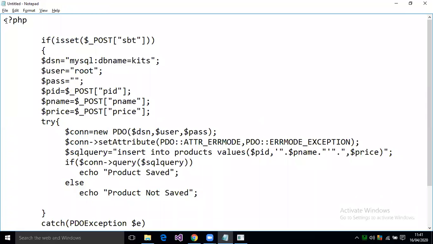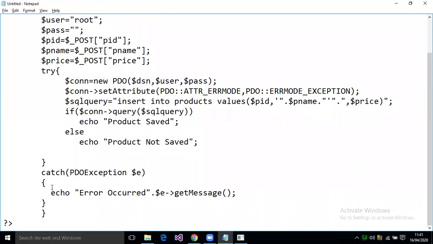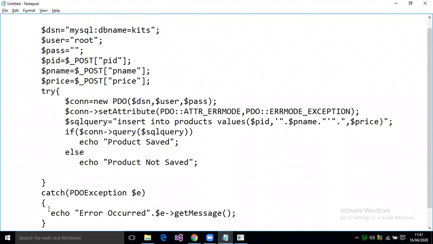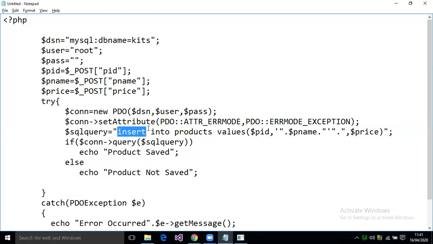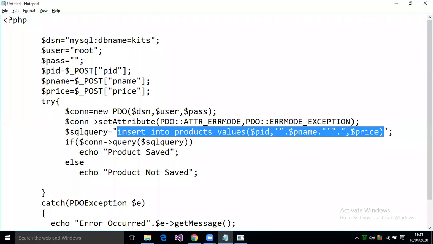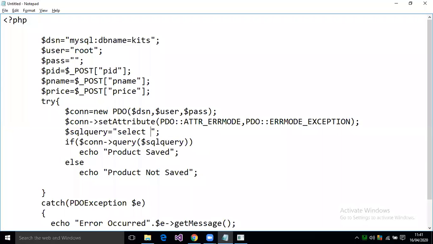No need of the reset checking. Then simply I can write this query. I want to write a query called select asterisk from products. Okay, so this query will execute, and now it will not return me true or false.